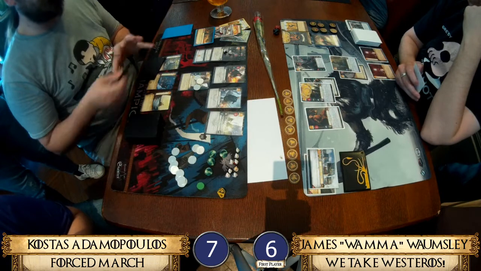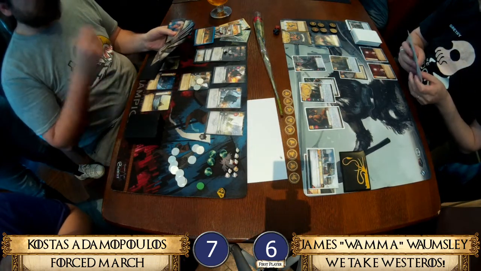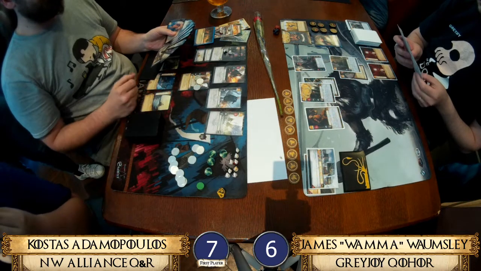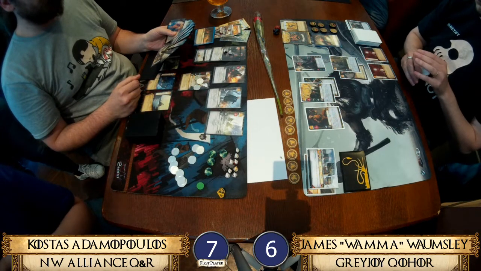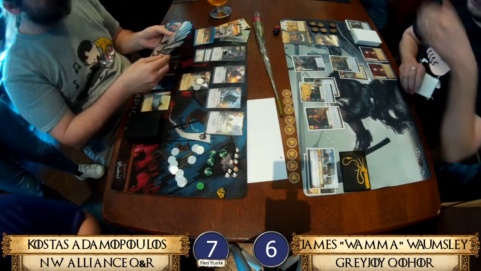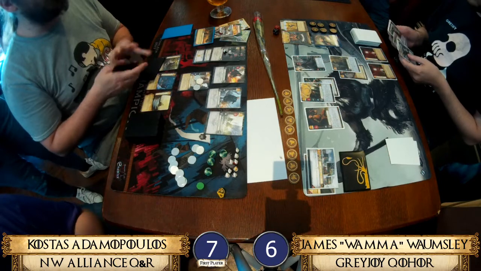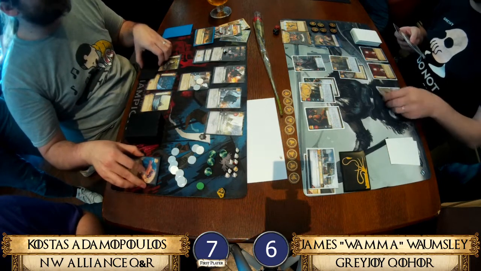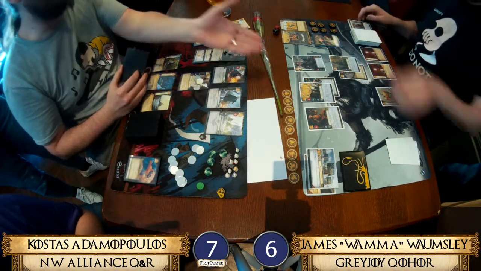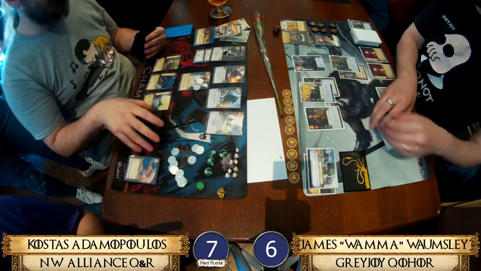4th March into We Take Westeros. So Wamma might have been protecting the Valar here and wanting to take the We Take Westeros to get some more economy, ready to repopulate. I don't know. If he was predicting Valar, I think maybe he would have tried to cancel it. Do you need gold for Outwit? No. We just need a Maester. Yeah. So why would he try and...